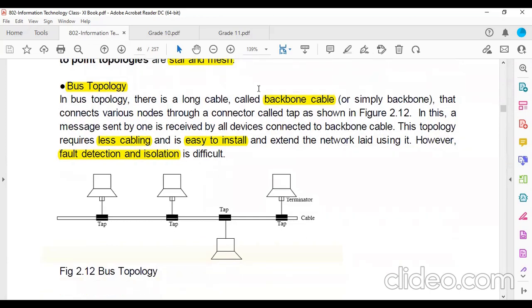Now, bus topology is also called backbone topology because it has a common backbone cable, right? There's a common cable. As you can see in this figure, there is one cable in the center, and it has certain taps in between. With these taps, we can connect different devices, right? And at both ends of this cable, there are two devices, we call them